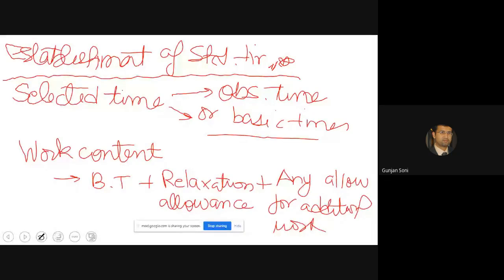So what we see over here is that allowances are coming in. Why are we giving allowances? Anyone? Why do you think allowances are given? This is the basic time.